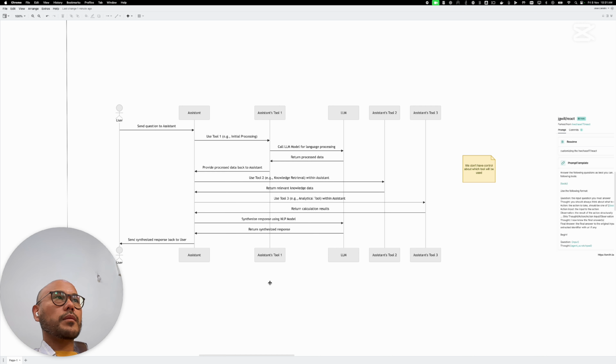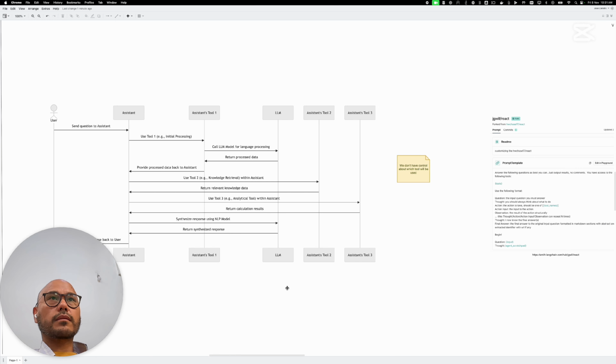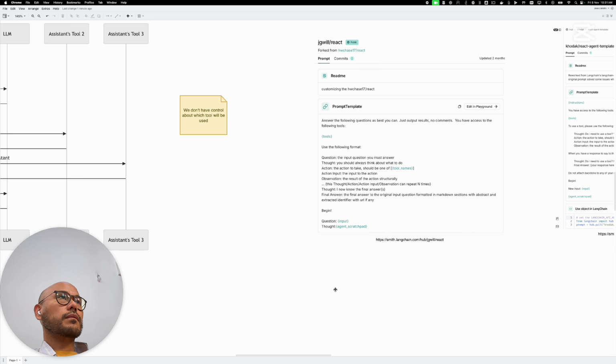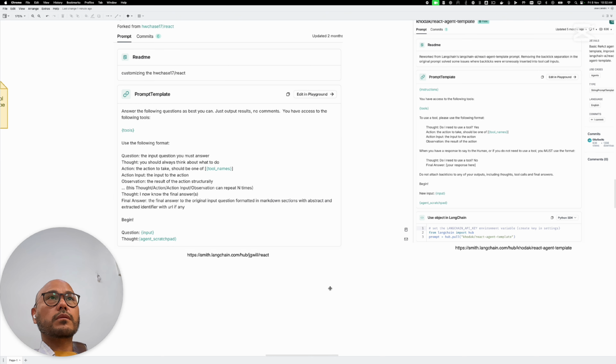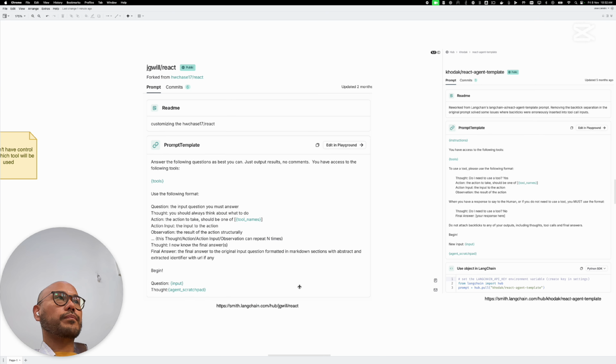This is a pretty powerful approach, but it has some limitations, at least during our experience. Here we have some examples of how these prompts look. As a reminder, these are prompts that come from LangSmith Hub, where we can have multiple system prompts that we can use to create our assistants. And here let's review this React